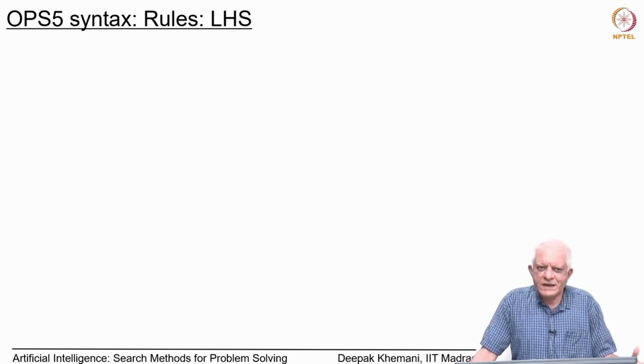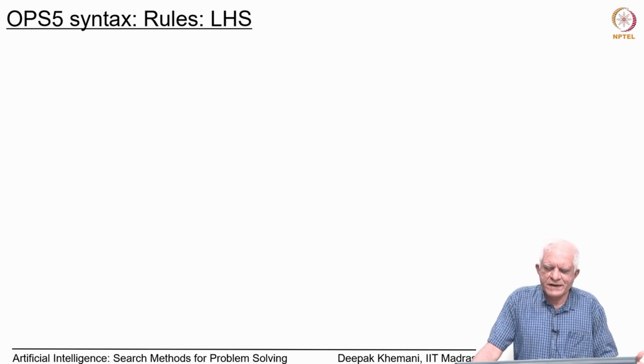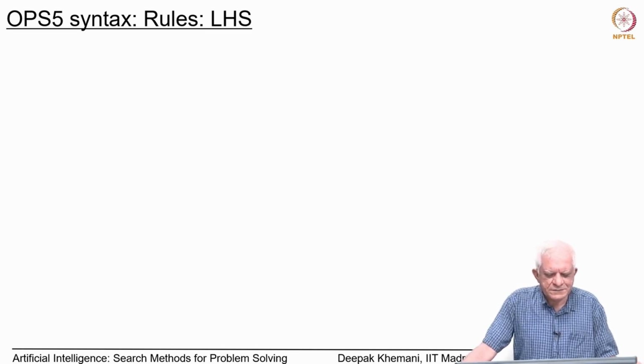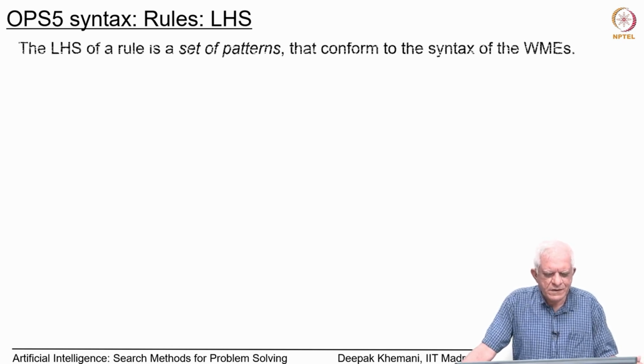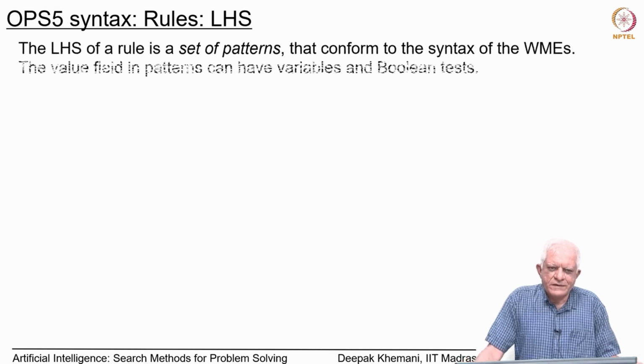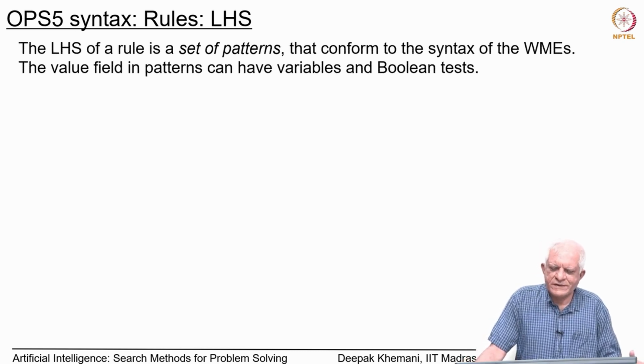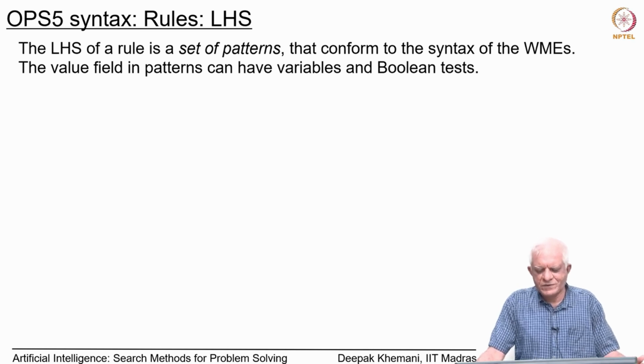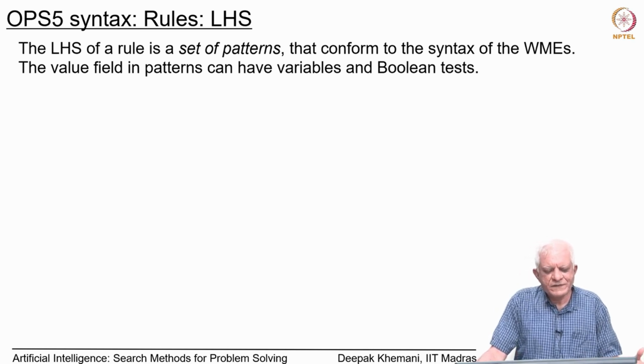So, we have seen working memory elements and we have seen working memory. Now, let us look at rules essentially. We said that a rule has the following components. It has a name, it has a left hand side and it has a right hand side essentially. So, let us look at the left hand side to begin with. The left hand side of a rule is a set of patterns